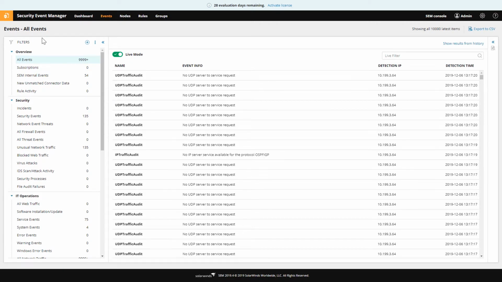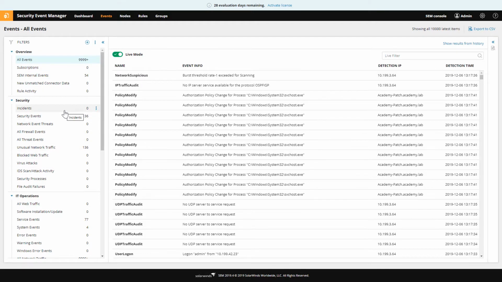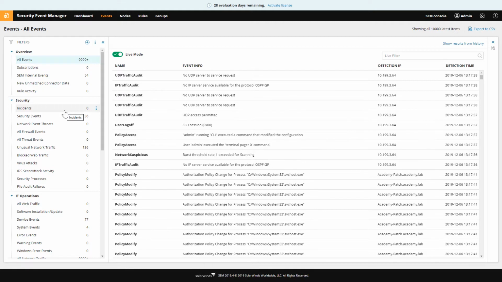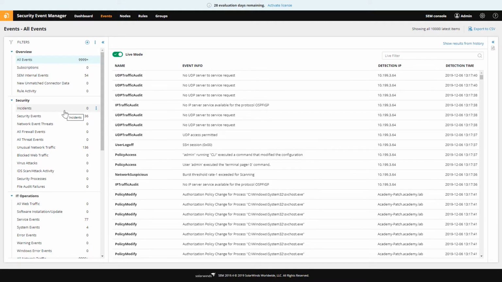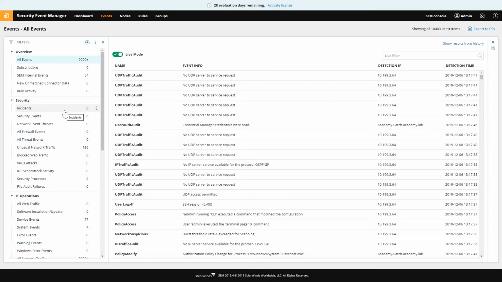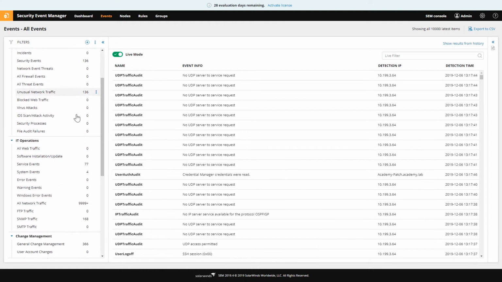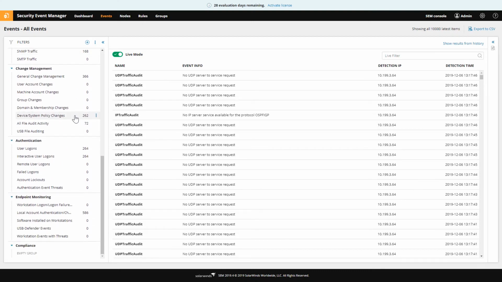On the very left side, we have a list of filters and filter groups. These are out-of-the-box defaults, broken up into different categories called filter groups. This is the bold text top row here, and each of these lines below that are individual filters. Filters exist to simply parse this stream of all events from everywhere down into a more usable format based on criteria that you provide. And obviously, we provide quite a few of these out of the box.